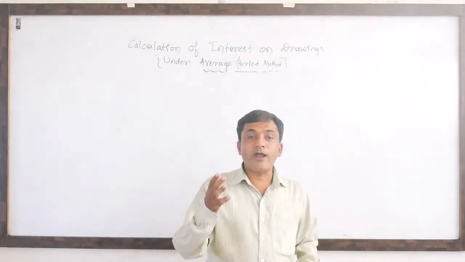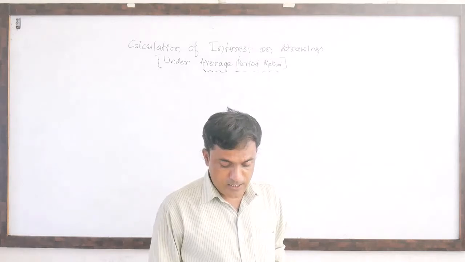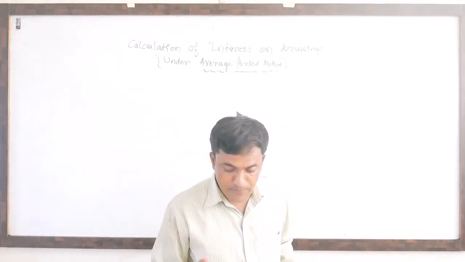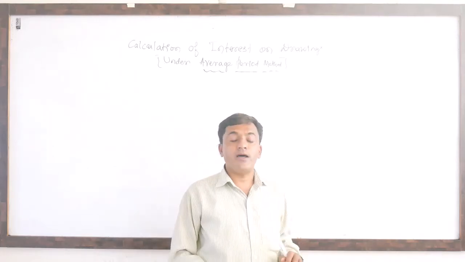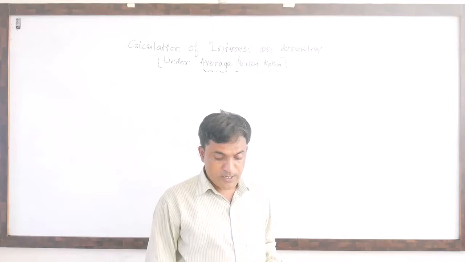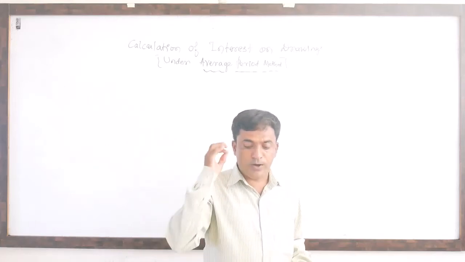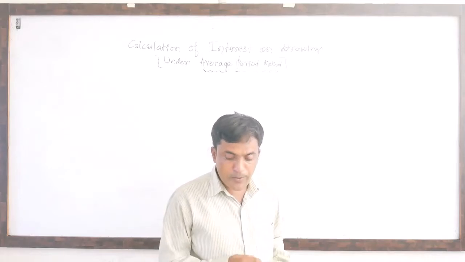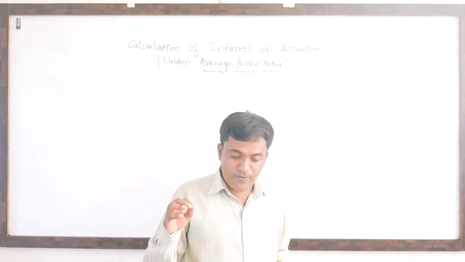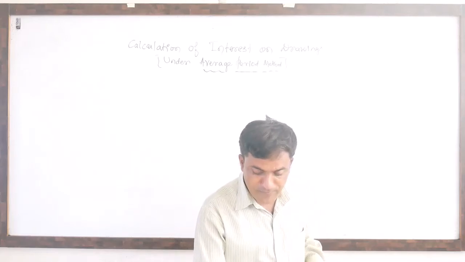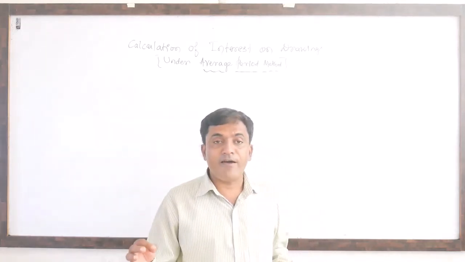Okay, dear students, look at that image. That is the second example. Chirag, Pawan and Prakash were partners in a firm. Drawings made by them are as follows. Chirag rupees 2000 on 1st of every month. Pawan rupees 2500 on 15th of every month. Prakash rupees 1500 on last day of every month.